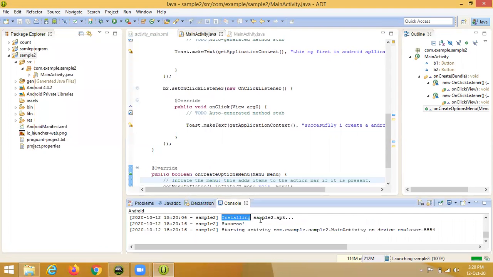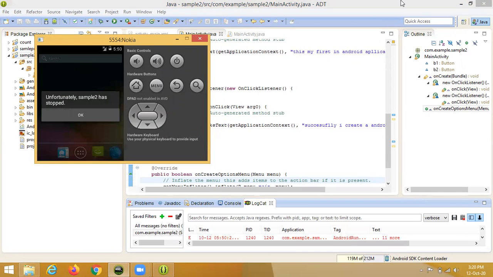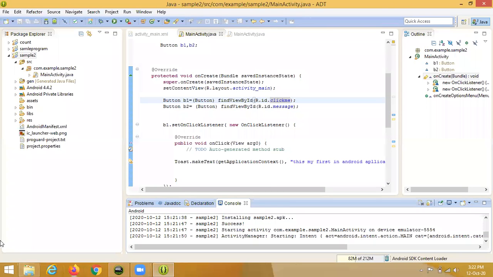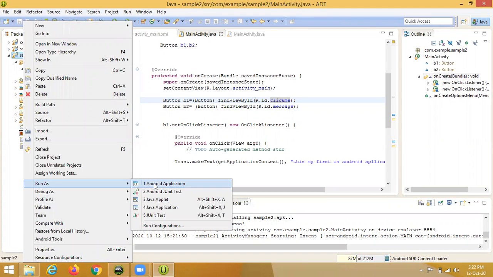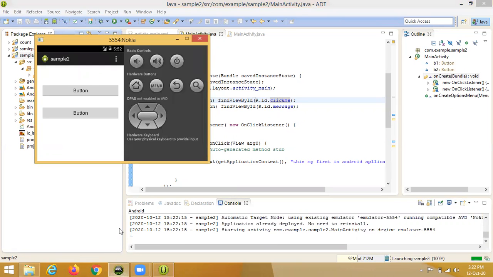Install APK successfully. Run as Android application. Yeah, the program is running.